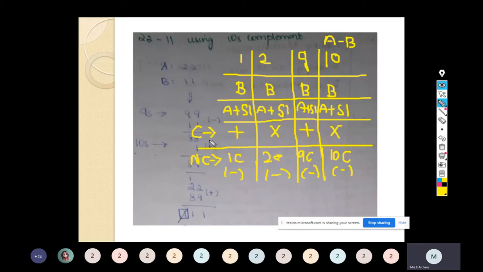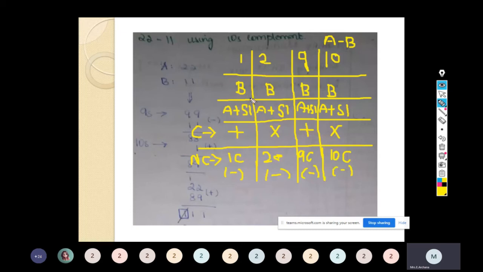And step 3, if there is a carry, then we have to add the carry to the sum to get the answer. That carry is called end around carry, added to the LSB, and the answer is positive. Here we are going to discard the carry. We are not going to consider the carry. We remove the carry in 2's complement. In 9's complement we add it. In 10's complement we discard the carry. If there is no carry, we take the necessary complement given in the problem, and the answer is negative, so we add a negative sign.